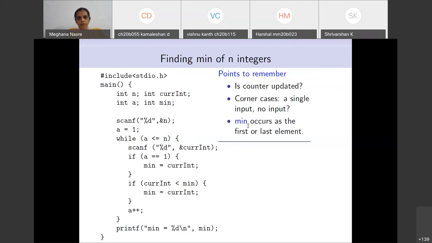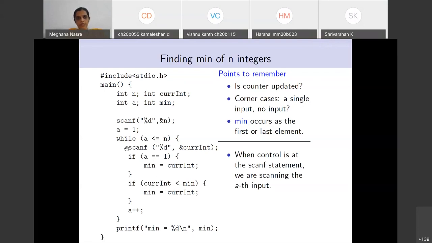And then, of course, you want to test the corner cases. That is, min occurs as the first element or last element, and anywhere in the middle, you would want to do these test cases. These are some things that we would want to think about before writing the program, when we are designing the program. Okay, now once we have designed the program, I want you to observe the following about